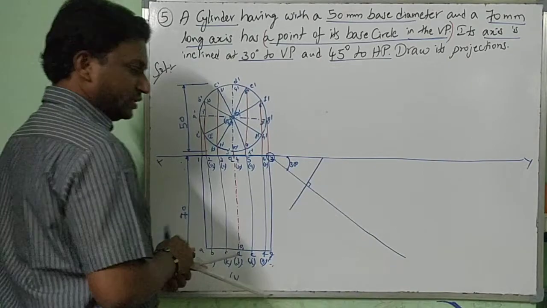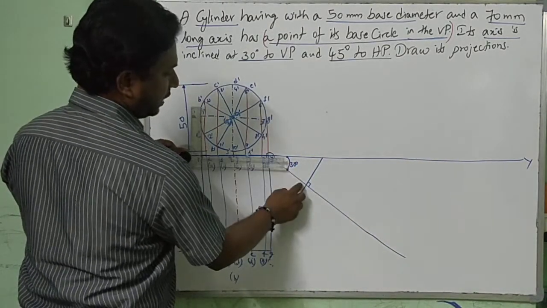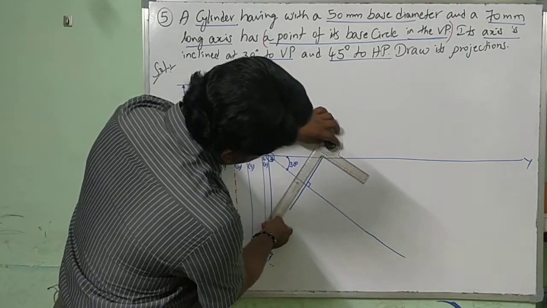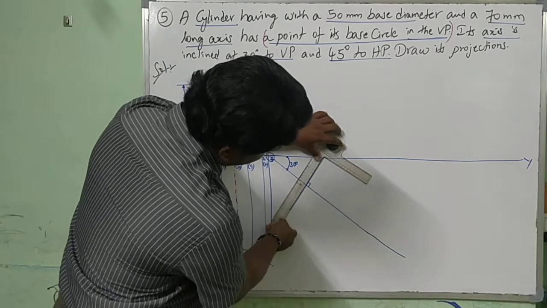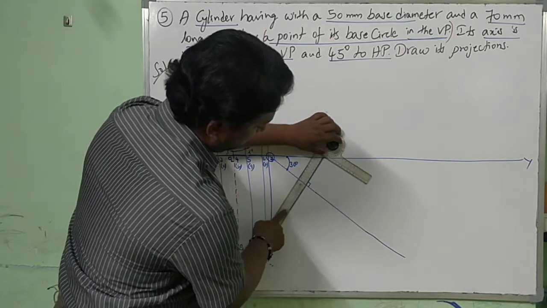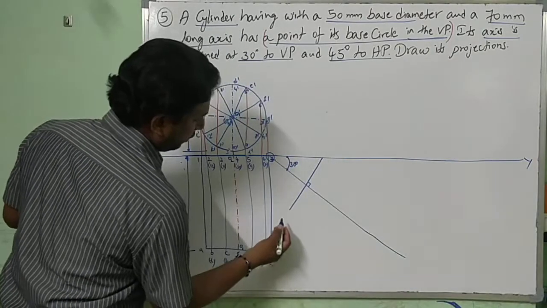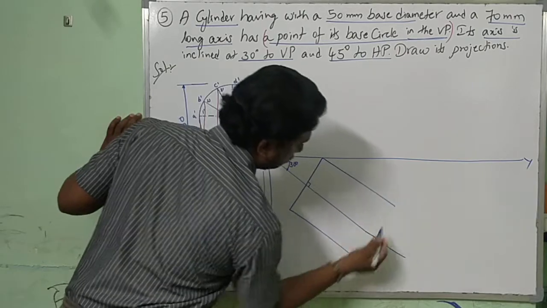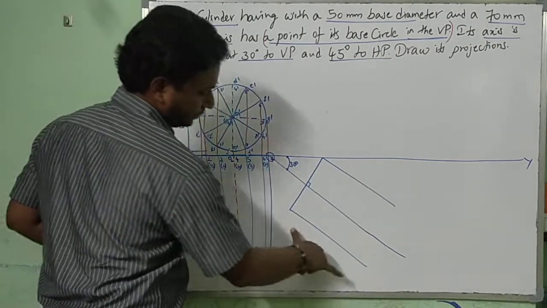Once again, I am showing you this trial and error method. This is 50, right? The middle line should be at 25. Now I have to drag this line like this, such that 25 comes here, 0, 25, 50. Totally it should come like that. That's why you have to draw it, of total 70.